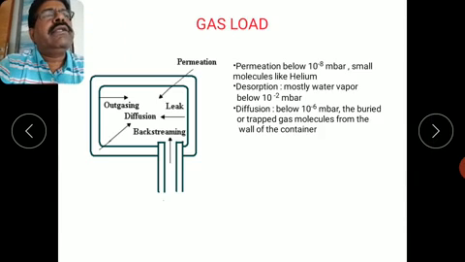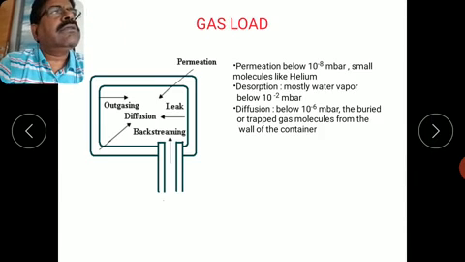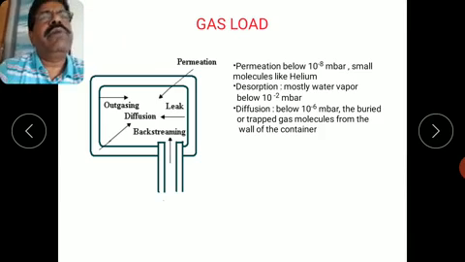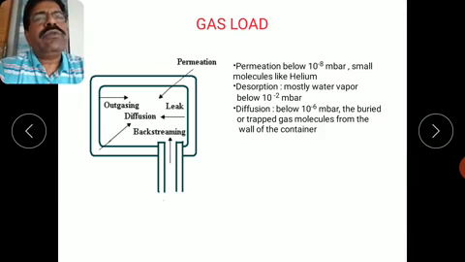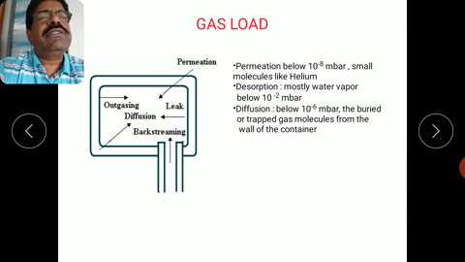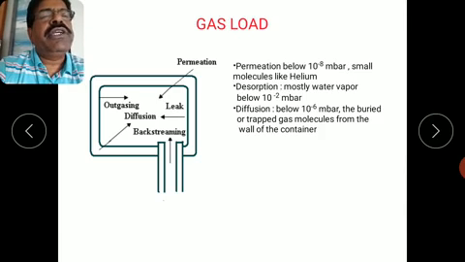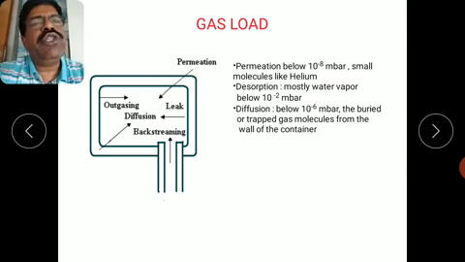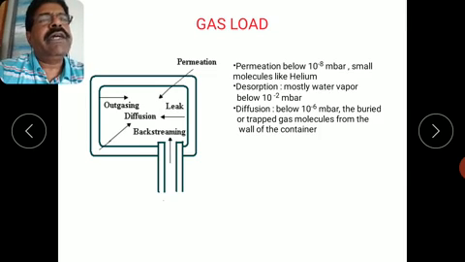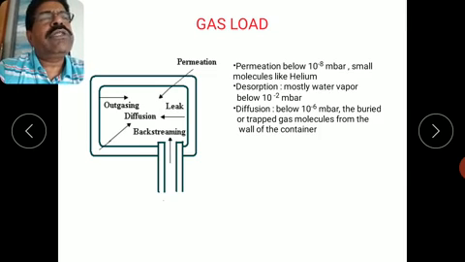So let us now see some basic things about the vacuum pumps. We are going to study each of these three types I have mentioned here: the positive displacement pump, the momentum transfer pump, and the capture pump. Some examples of each of these types we are going to study here. But before going to study the actual